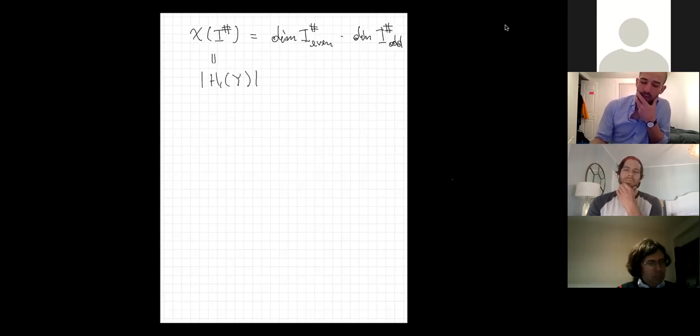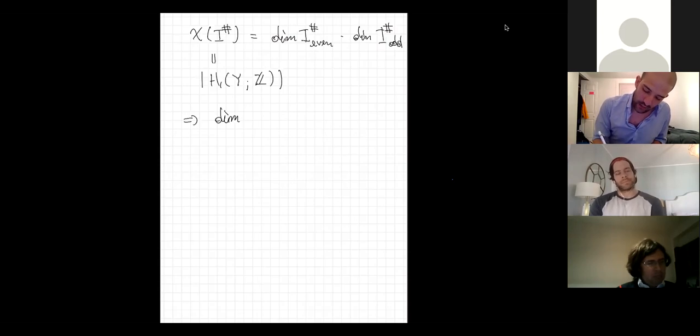In what follows, I'm assuming that three-manifolds are rational homology spheres. So Y is always going to be a rational homology sphere, and this leads to the fact that the dimension of I sharp is bigger or equal than the cardinality of H1,